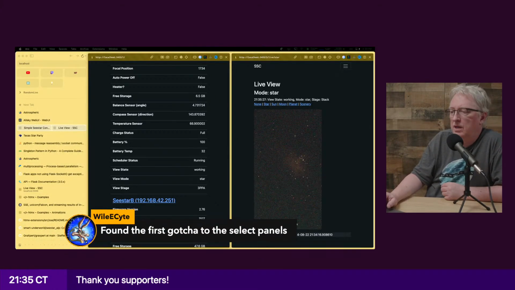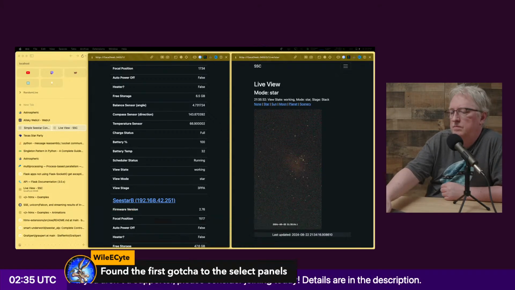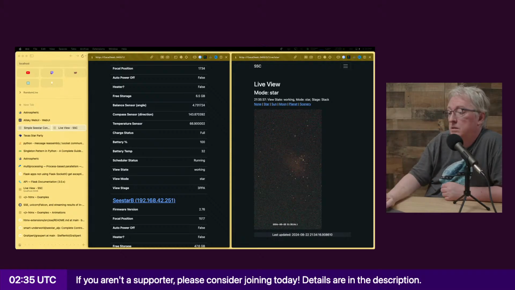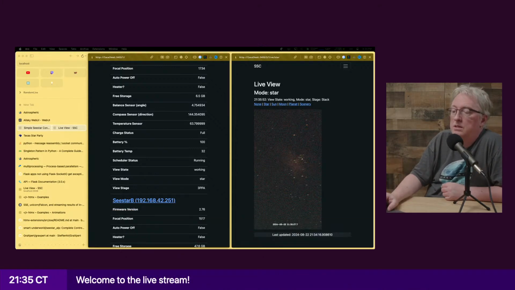You found the first gotcha to the select panels. What happened? Oh. So you got to give it the same duration. So the same overall duration. Interesting.